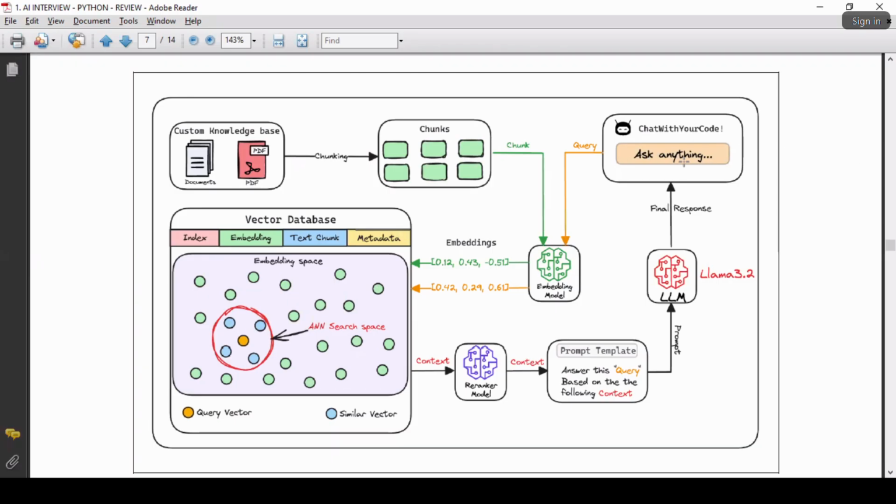So ask anything. Can you tell me the color they are representing, some yellow or orange? The query will pass through the first main filter, which is the embedding model. Why? Because instead of keyword search, vector search is super fast. Imagine if the query is passed as plain text, the computer cannot understand. If the query is also an embedding, also a vector, the searching technique is super fast. That's the main motto.